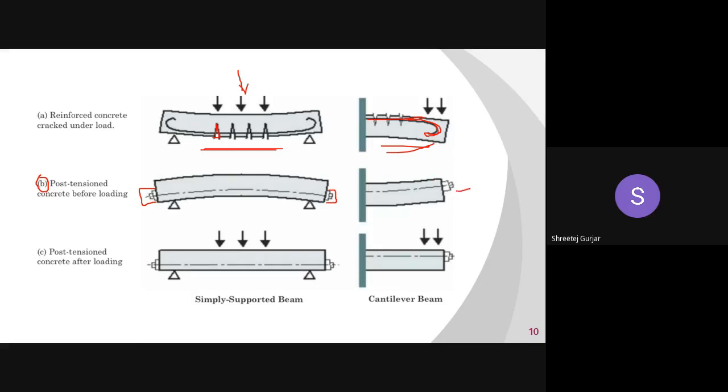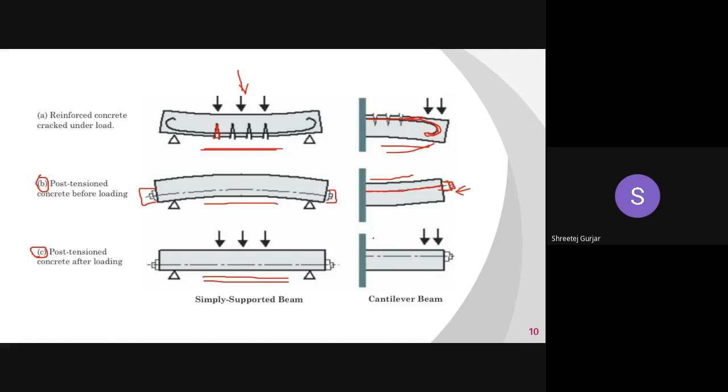Then coming to your cantilever example, see your tendon is provided in your upper part, the same as in your RCC element. You can see I have marked the anchor. This is your anchorage device. So this is hogging and this is sagging. Okay, so a cantilever will sag, and when your post-tension beam is loaded, it will gain a neutral shape. It will be neutral, it will be flat, it will not deflect, it will neither sag nor hog.